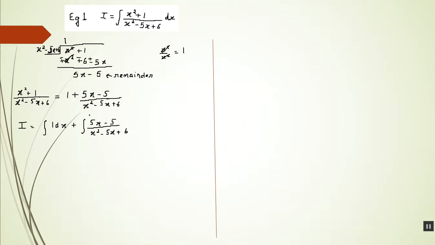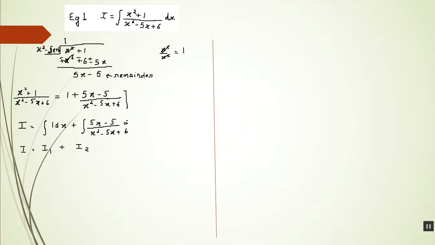Now this is a proper rational function which we have learned how to integrate using the partial fraction in our last video. So I can write I is equal to I1 plus I2,